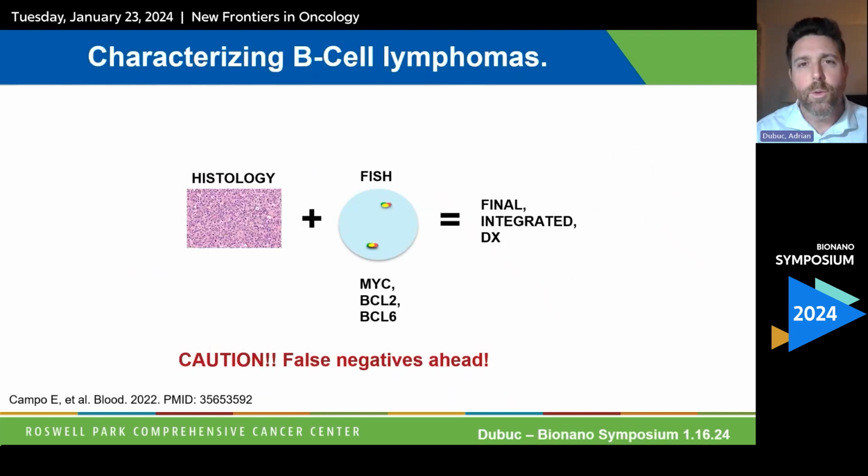Now, the use of FISH and these false tests should be alarming for any of us who sign out cases clinically, and particularly for those of us who touch B-cell lymphomas and diffuse large B-cell lymphomas. Perhaps the oversimplified schematic of how this works for these types of high-grade lymphomas is when histology suggests a high-grade lymphoma, a battery of FISH tests, often MYC with BCL2 and BCL6, is performed in order to achieve a final